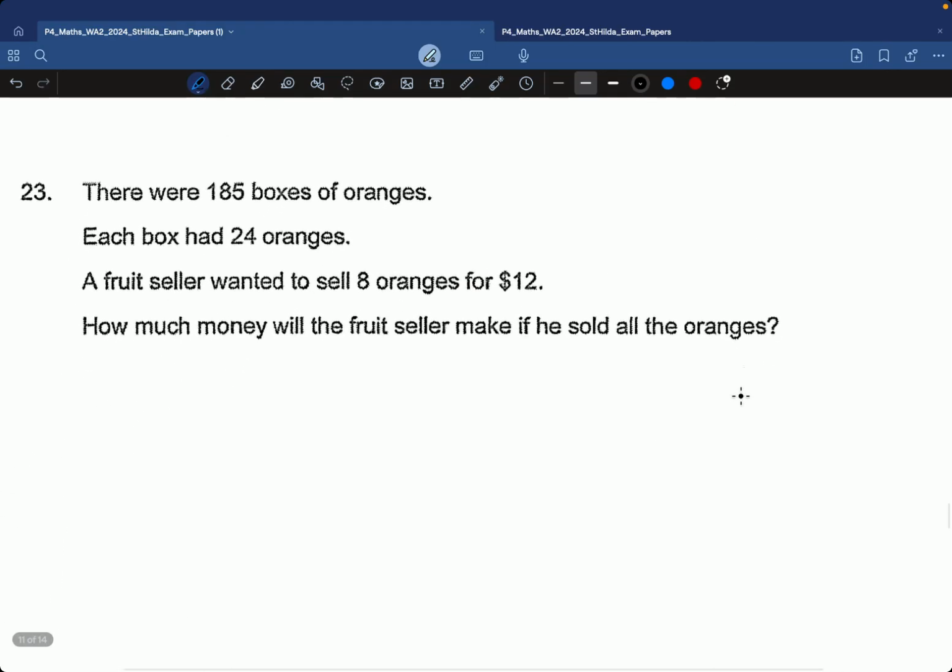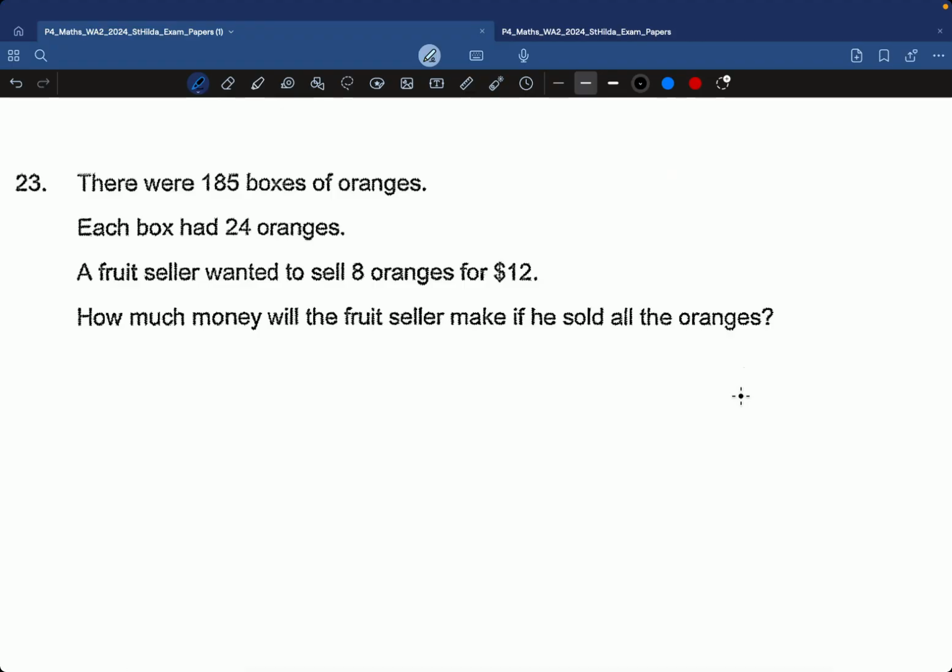All right, last question. This is question 23. So there were 185 boxes of oranges. Each box had 24 oranges. A fruit seller wants to sell 8 oranges for $12. How much money will the fruit seller get if he sold all the oranges? So there are